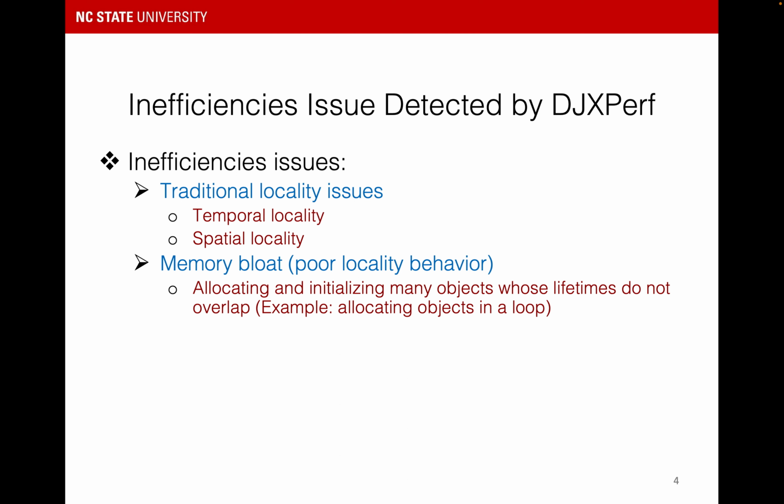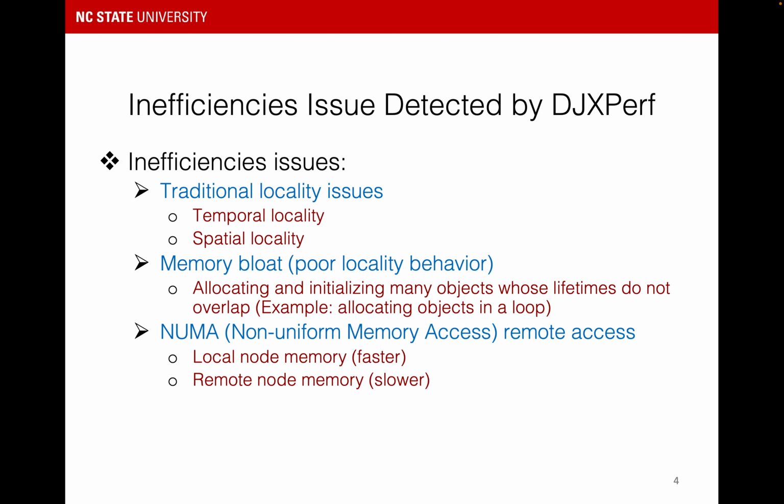Memory bloat can be seen as a case of both spatial and temporal locality, because accessing a large number of independent objects results in accessing different cache lines, which means there is little or no reuse of a previously accessed cache line. In addition to traditional locality issues and memory bloat, DJXPerf can also be used to detect the NUMA